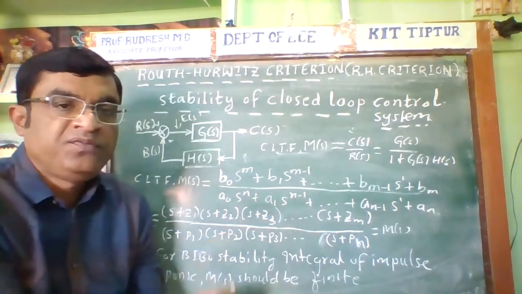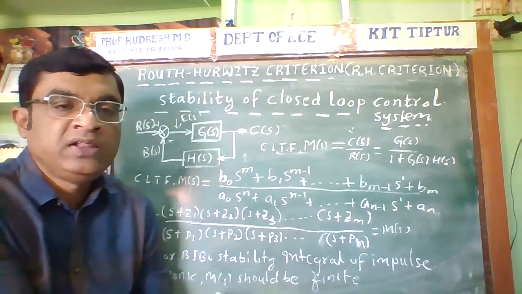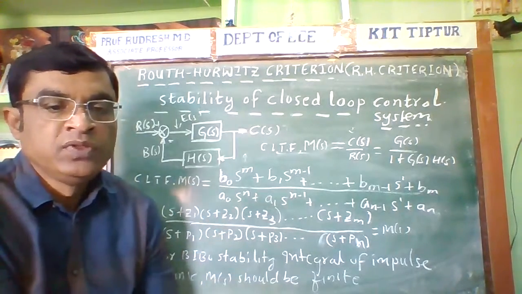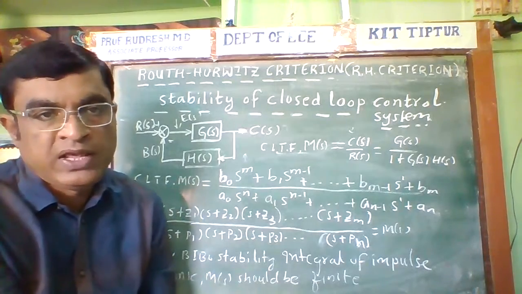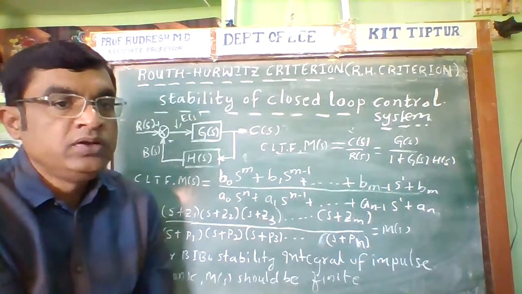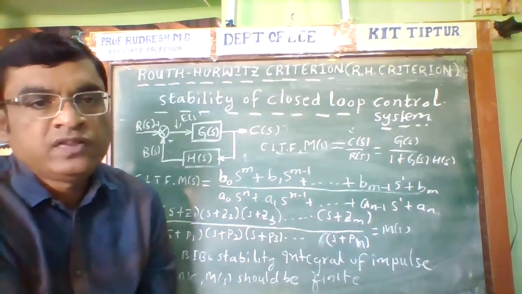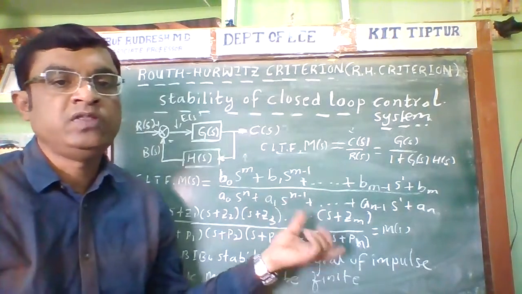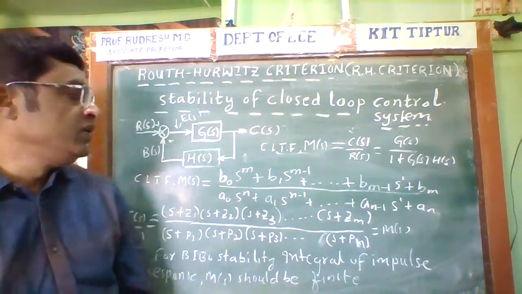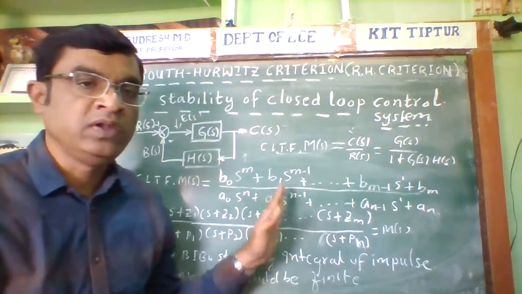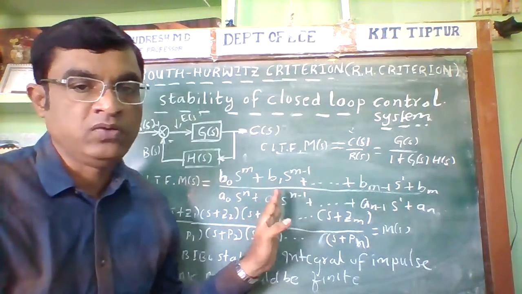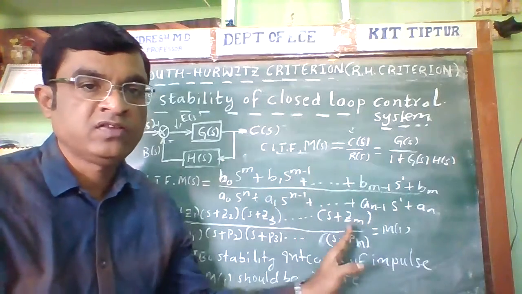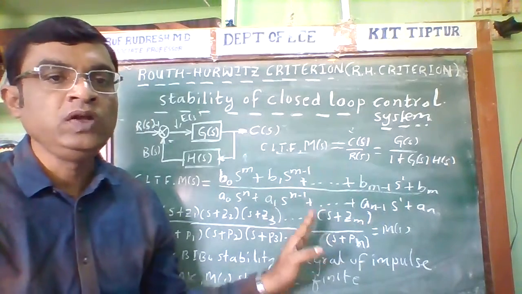After finding the poles and zeros, we need to locate them, as system stability depends upon the poles only. After finding the poles, or roots of the characteristic equation, if I locate them on the S-plane and all the roots have negative real parts, then the system is stable. That means they lie on the left half of the S-plane. If any one root is located on the right half of the S-plane, then the system is unstable.